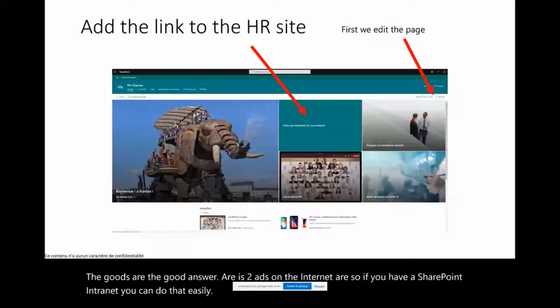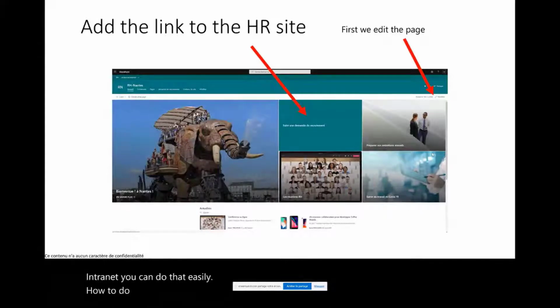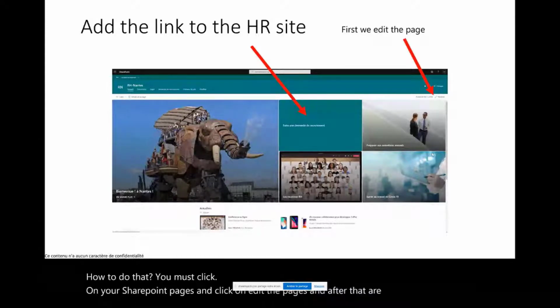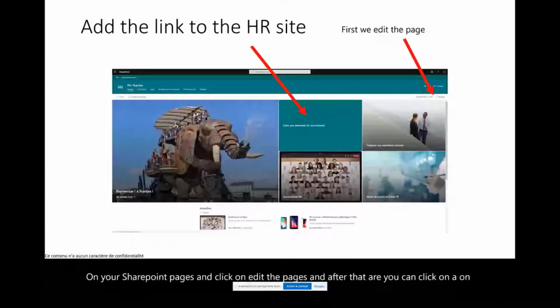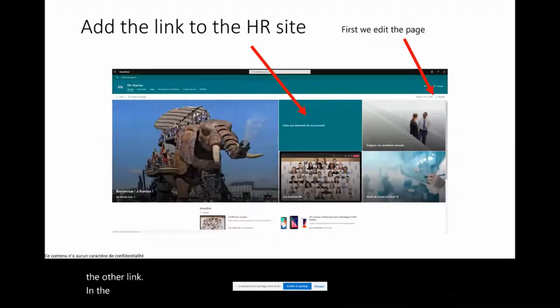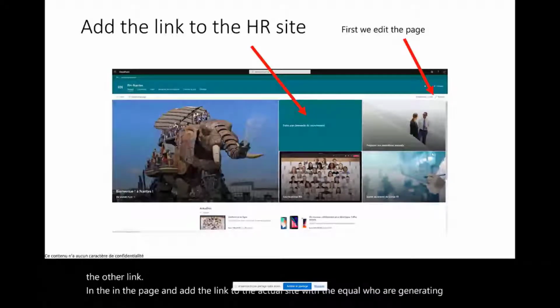You must click on your SharePoint pages and click on Edit the page. After that, you can click on the link in the page and add the link to the HR form, with the link generated automatically by Forms.